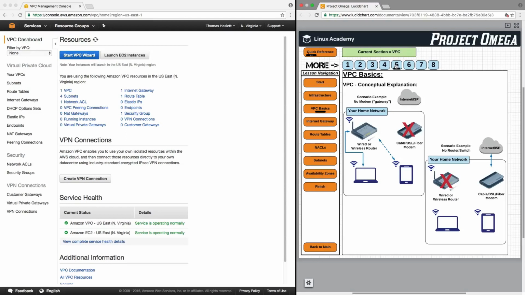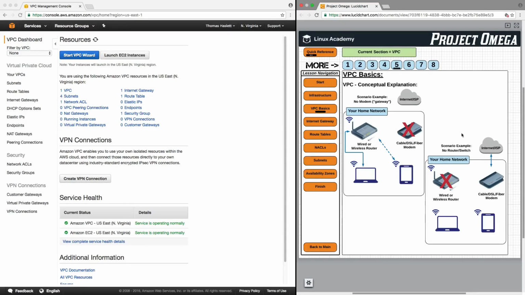So now let's look at a couple of examples of scenarios with what might happen if certain parts of your home network were to become disabled. If you were to remove or disconnect the cable, DSL, or fiber modem that connects you to the internet, then internally you can actually still communicate with devices using the router. The router itself does not need an internet connection to allow one computer in your network to talk to another. So you can share files between your computer and your phone using your router without ever having an active internet